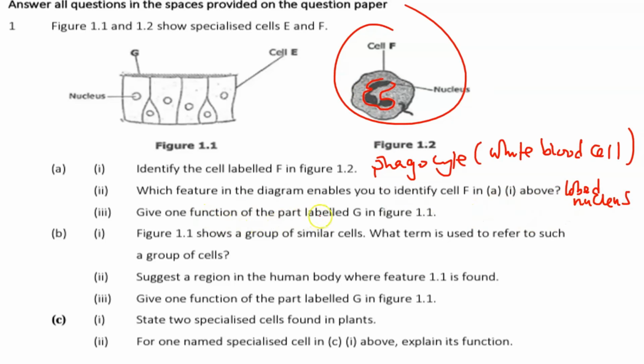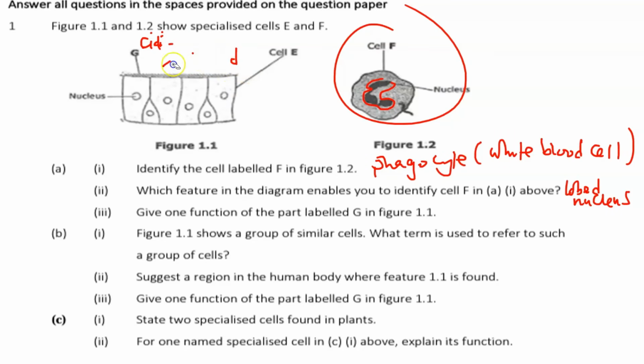Give one function of the part labeled G. Now, if you look at this cell, because the part labeled G is right here, this cell is called a ciliated cell. These parts that you are looking at are cytoplasmic extensions called cilia. So you have the cilia here, and the question is what is the function of the cilia? The function of the cilia that we can look at here is that